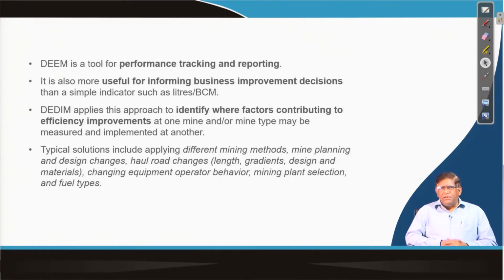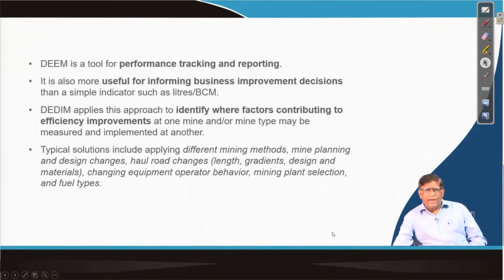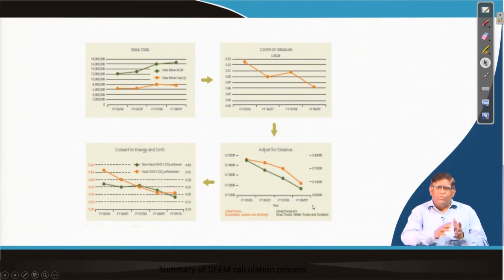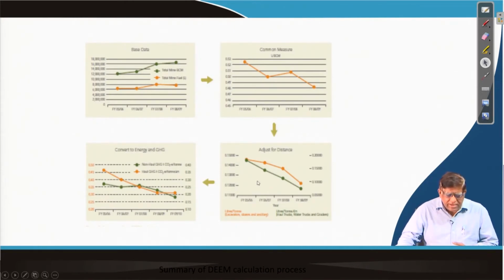Even the equipment operator behavior also gets revealed. Sometimes the performance is also operator dependent. That is why nowadays you find that operator responses are also monitored and measured, and they give feedback. The type of fuel you have used, the whole overall scenario can be revealed. That is why whenever we say that in dumper operations you need to do the performance indicator, only then can you build the whole overall system. So these are under the DIM.